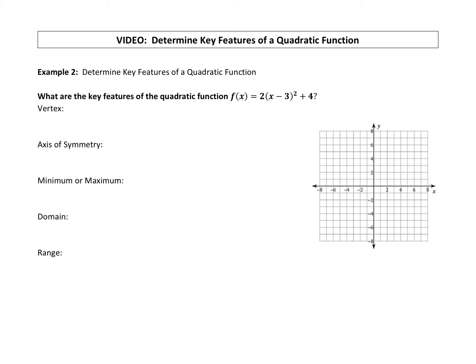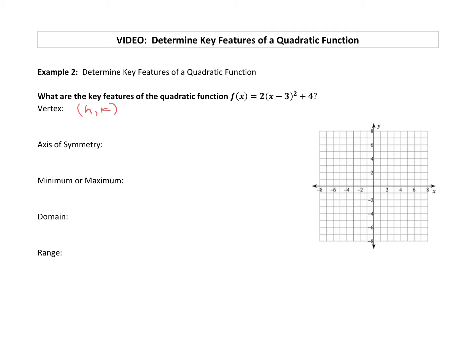All right, so now that we know how these work, we can speed this along a little bit. What are the key features of the quadratic function f of x equals 2(x minus 3) squared plus 4? Well, that is vertex form. We can identify the vertex. Remember, your vertex is